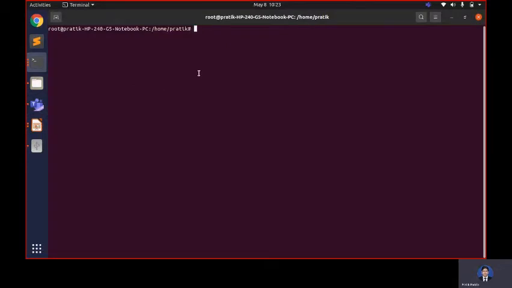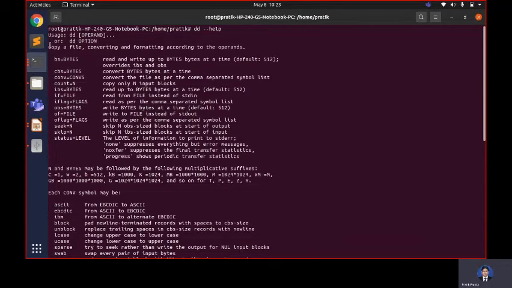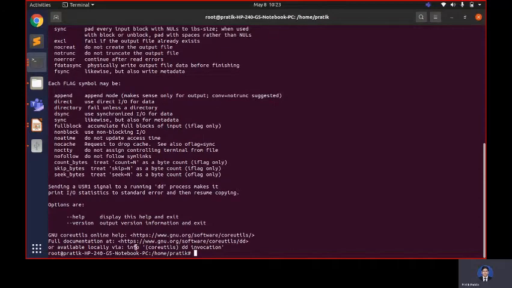You first of all need to enter as a super user, like the root user, to perform these operations. After opening the terminal, let's know a little bit about DD. What is DD? DD actually stands for data dump. You can learn more from these help files. Here they have already mentioned that if you want to learn more, you can go to the coreutils DD info section to learn more about the DD command.